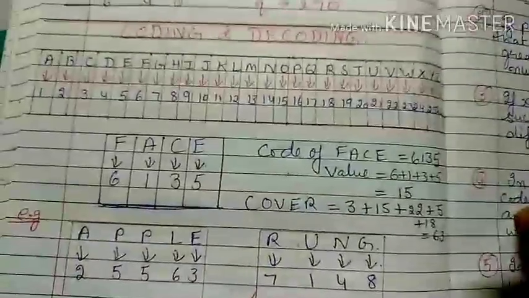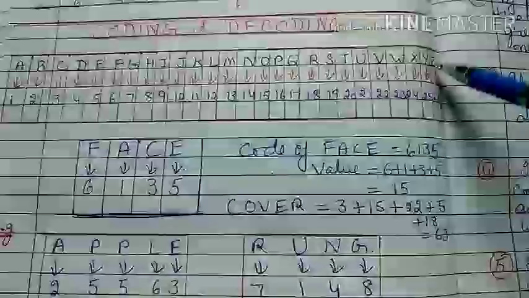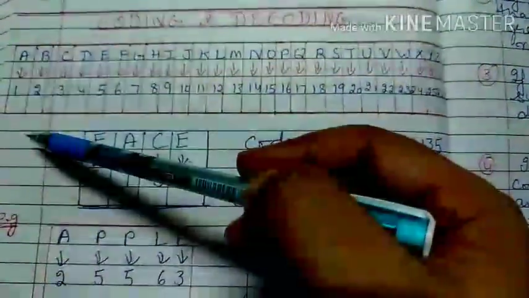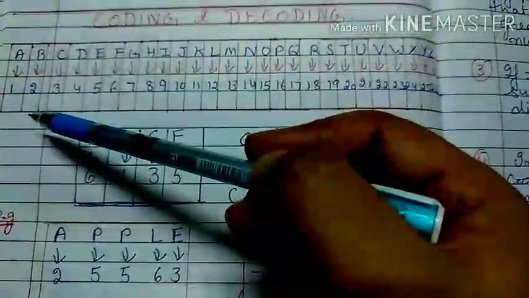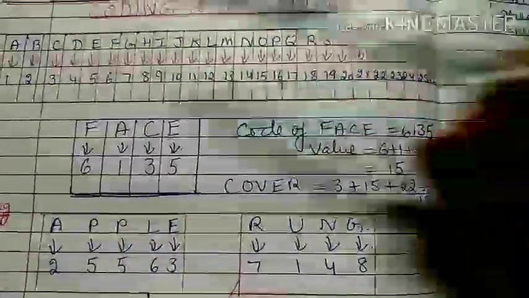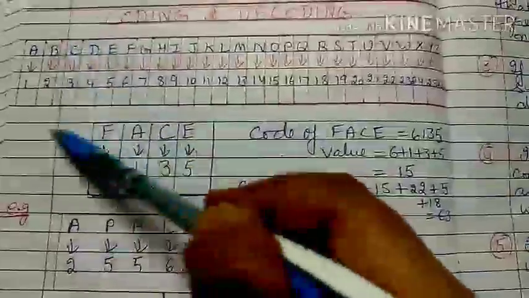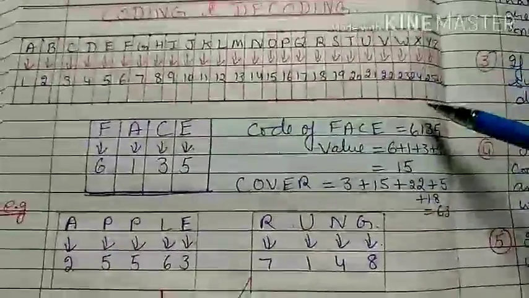and that coding, that symbol, changing back to the text is called decoding. So here in our maths we are dealing with the English alphabet and numbers according to it, like the English alphabet A B C D up to Z. We mark the number according to the serial order of the English alphabet, from A to Z, like 1 to 26. So each and every alphabet has a particular number marked.